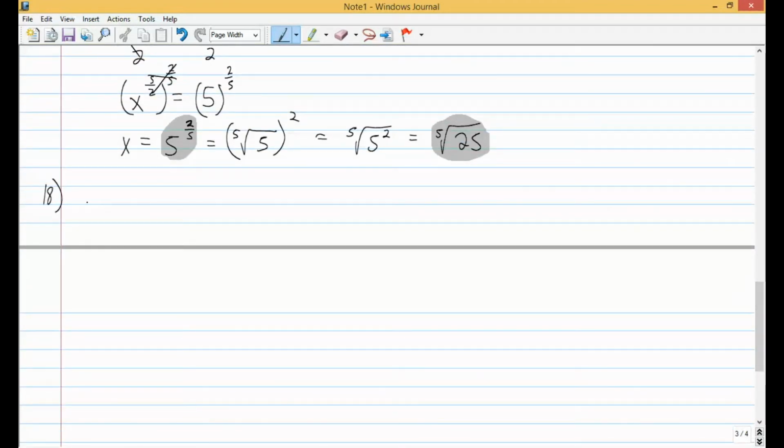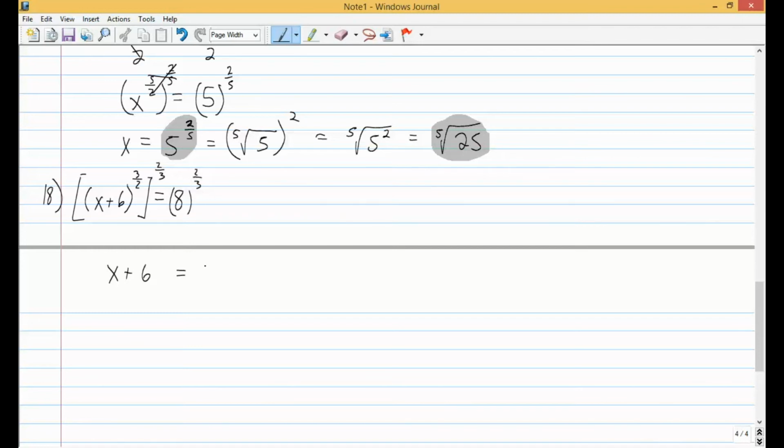Problem number 18 is very similar. The left side looks a little different because you have a power here on the outside of 2 different terms. So the first thing we do here is raise both sides to the 2/3 power. Notice that the top number is odd originally, so we don't put a plus or minus in our work. But if we raise this side to the reciprocal power, we have to raise the right side of the equation to the reciprocal power. The powers cancel out, and you get x plus 6 equals,